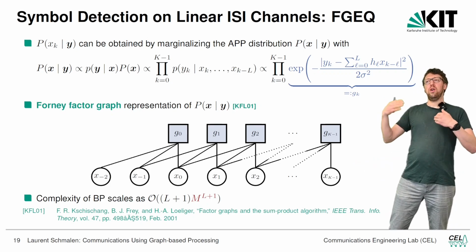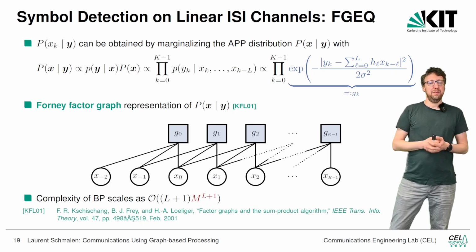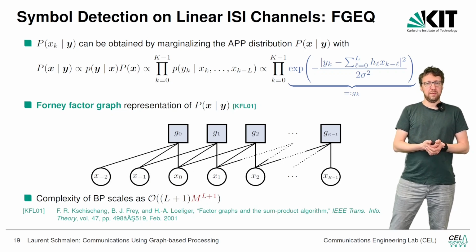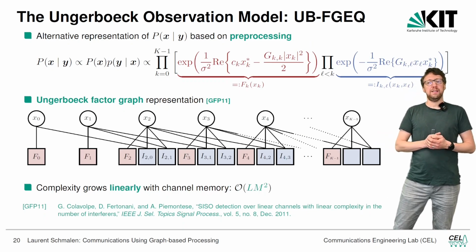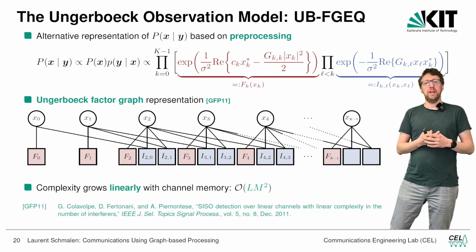And then if we have a long impulse response, multiple symbols, the complexity becomes infeasible. So the scaling of this complexity is unfortunately not feasible. So we need to simplify this a little bit. How can we simplify? One ingenious way of simplifying is to rearrange this factorization a little bit and to introduce